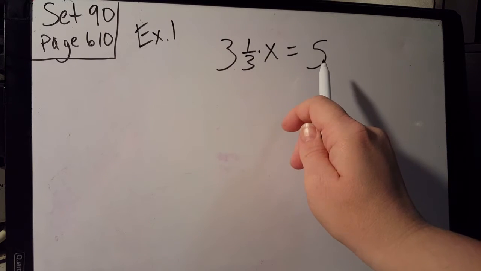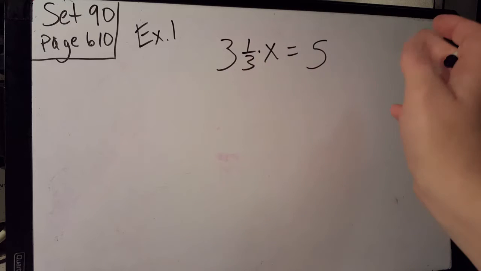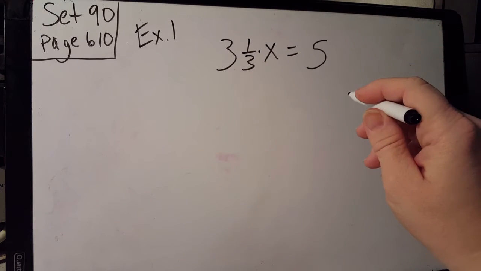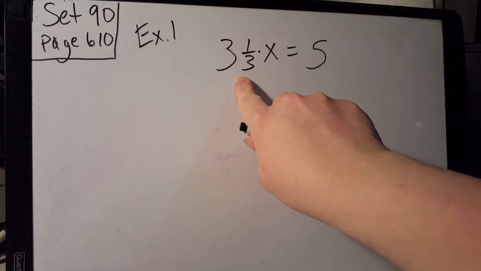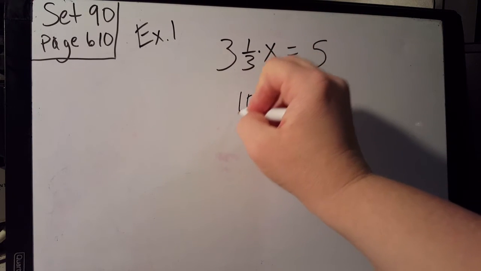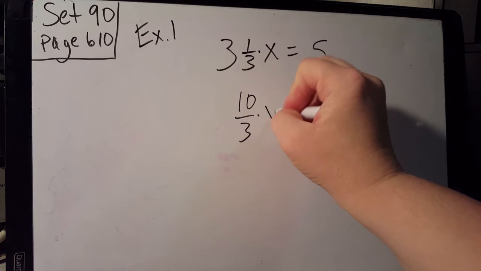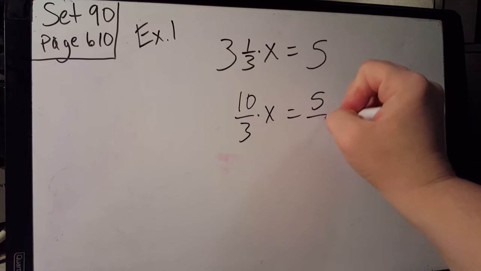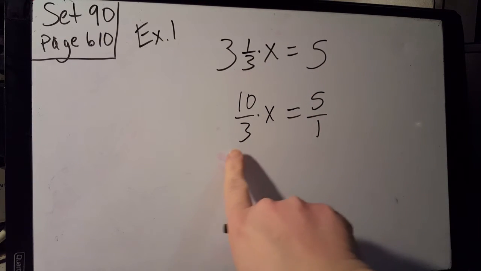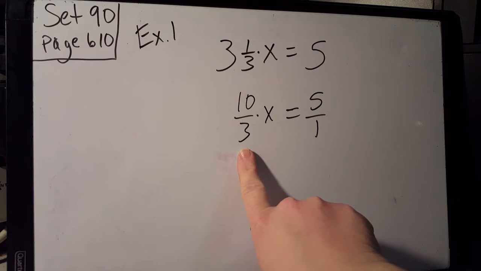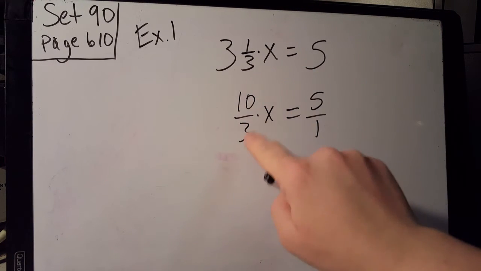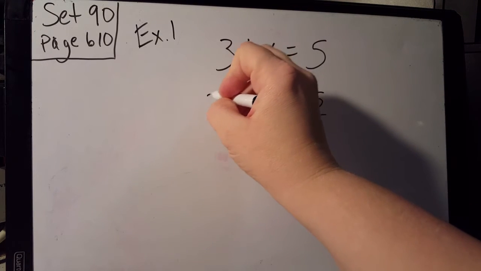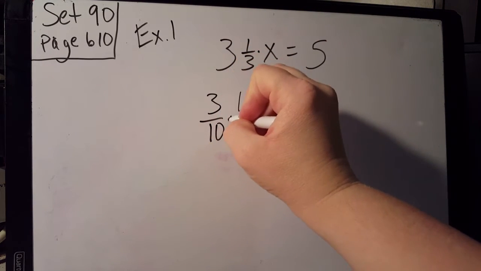I'm also going to change the 5 to an improper fraction because we're going to have to do that anyway when we deal with fraction coefficients. So let's change the 3 1/3 into an improper fraction. That would be 10/3 times x equals 5/1. Okay, this is our coefficient. To solve this, we need to flip it and multiply both sides by the reciprocal. So the reciprocal of 10/3 would be 3/10. You multiply